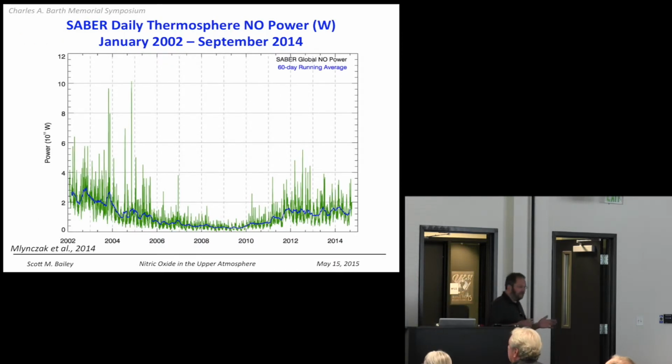I told you that NO is a good radiator of energy. You're going to hear that in a couple talks today, Karthik and Jeremy Winter. This is an experiment called SABER, which measures the radiation, not the nitric oxide density, but the radiation from nitric oxide, for the last 13 years, I think they're up to. And again, you see all the solar variability that nitric oxide is responding to, and the cooling responds to it as well. And I'll let those guys finish that off.